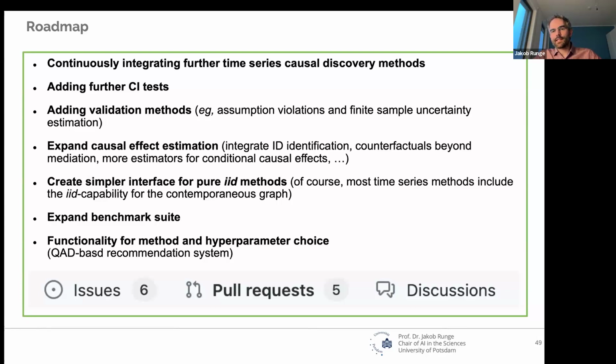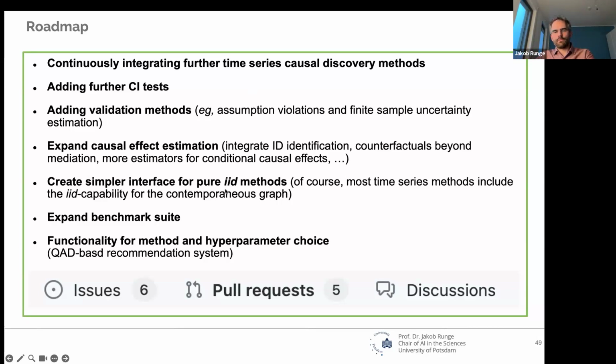Can we check finite sample uncertainty better, even though it's constraint-based? Then I want to expand causal effect estimation. For example, there's the ID algorithm, and I haven't integrated that yet. It's something on my list. Then do more counterfactual analysis, more estimators for conditional effects.